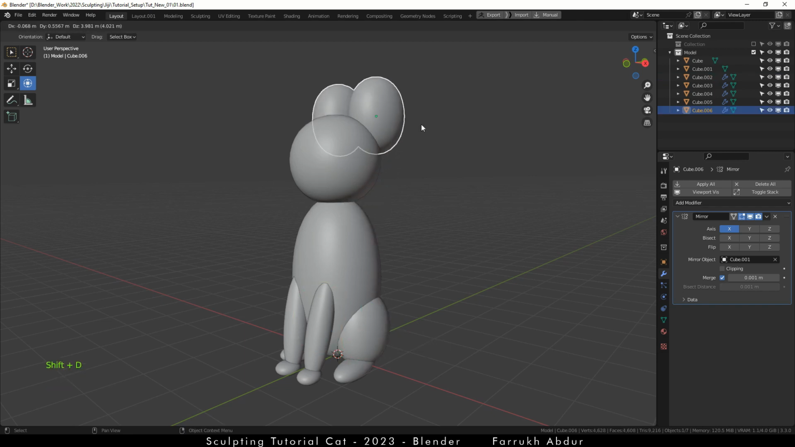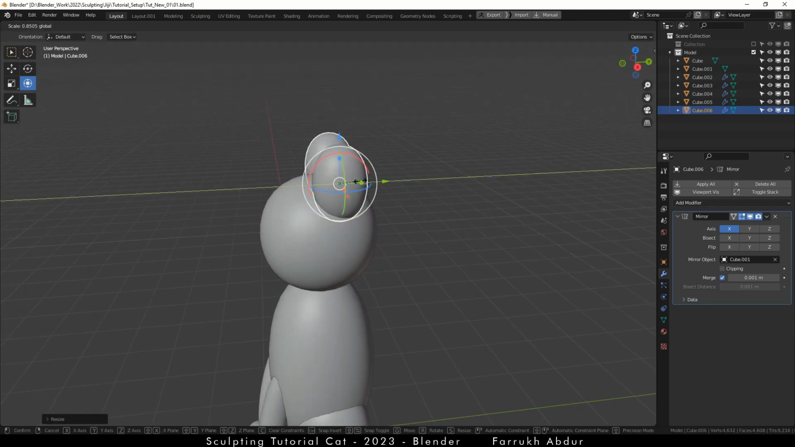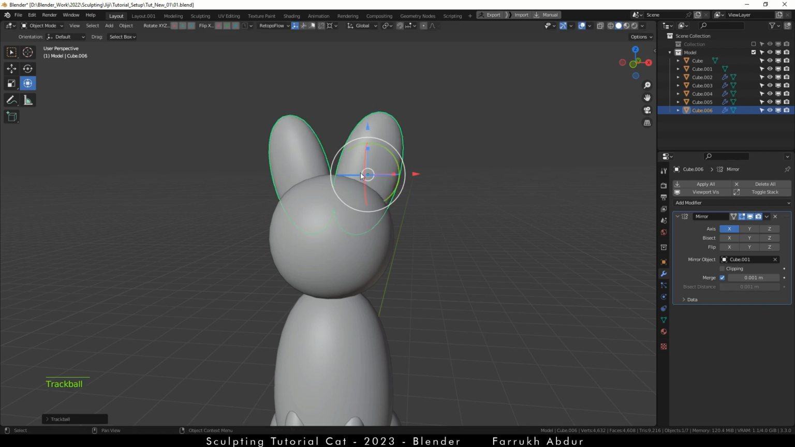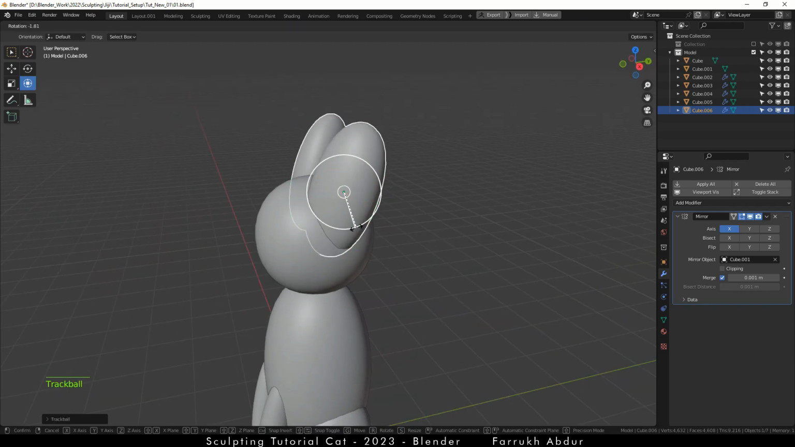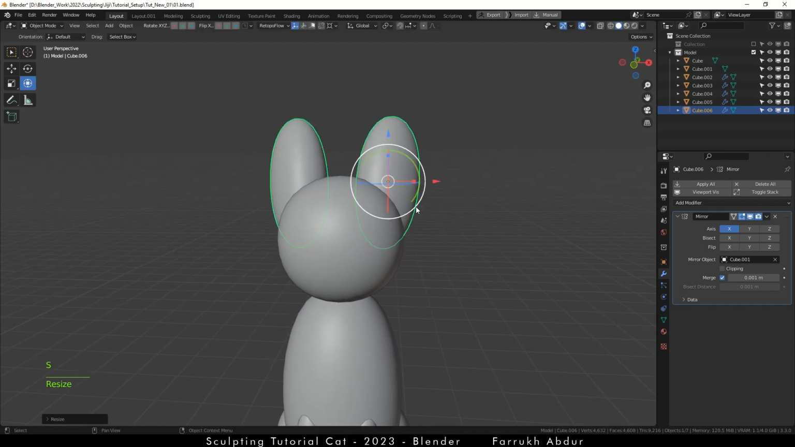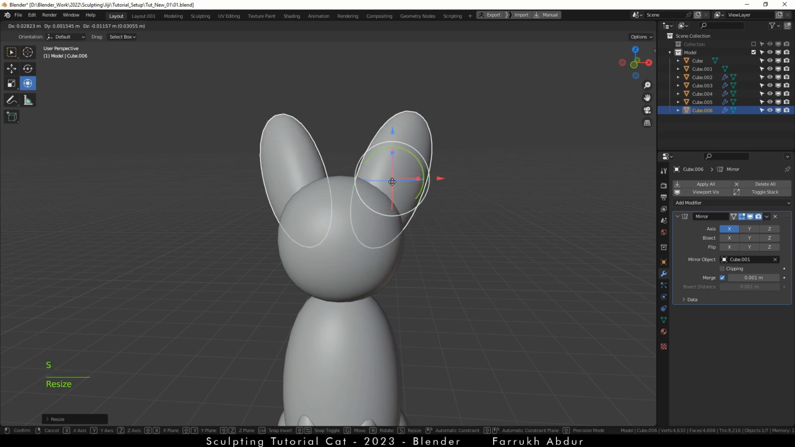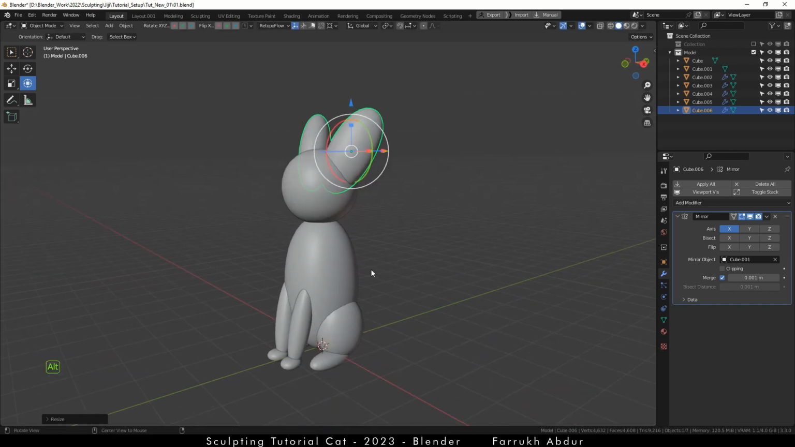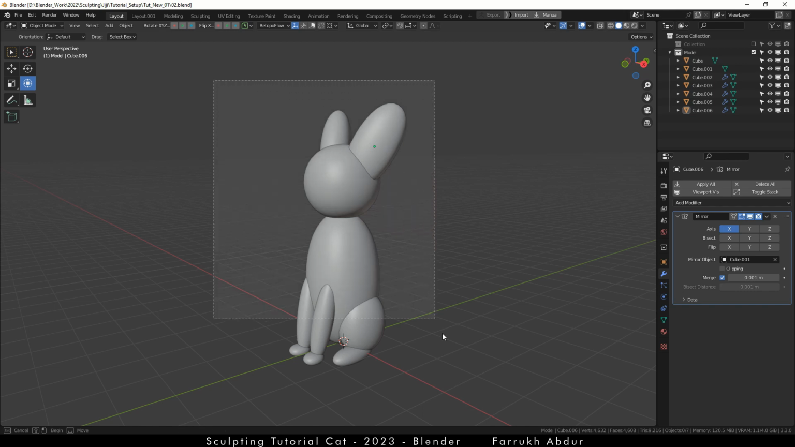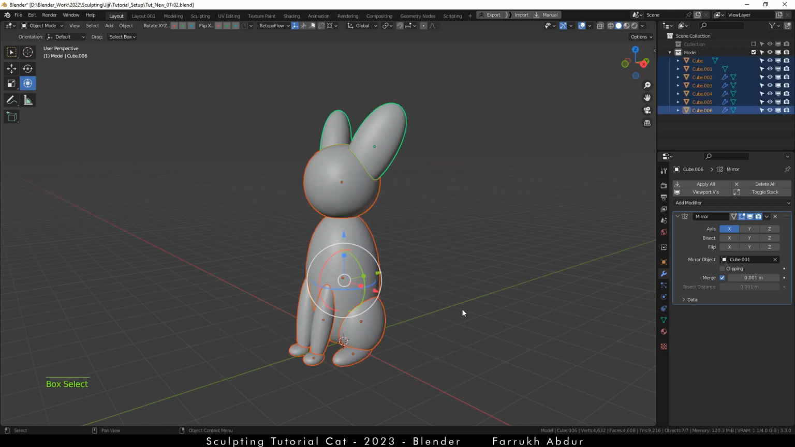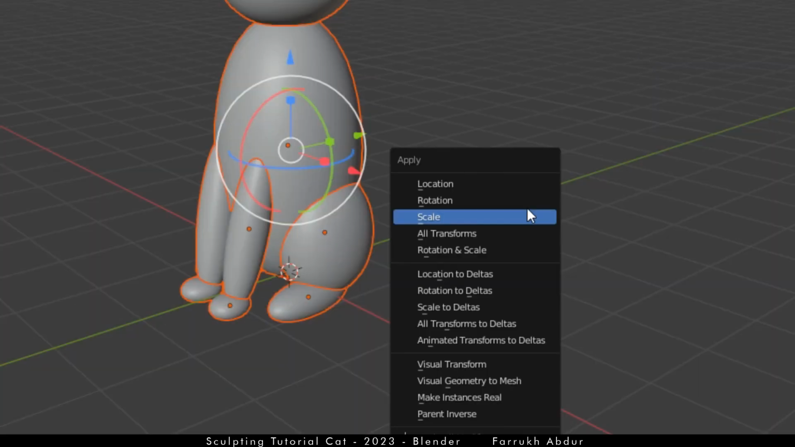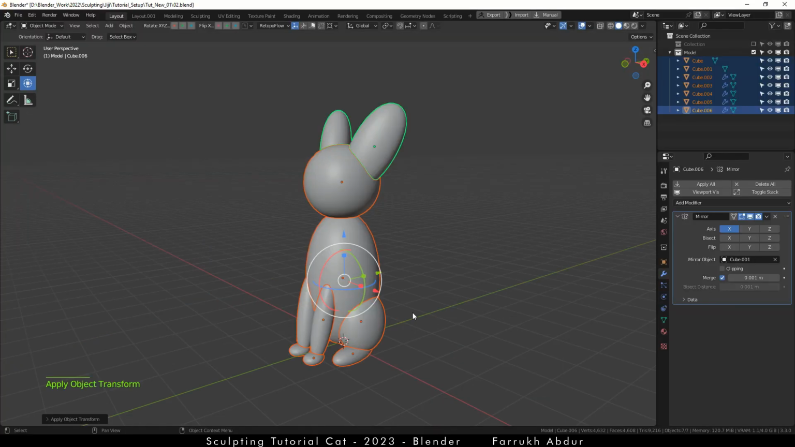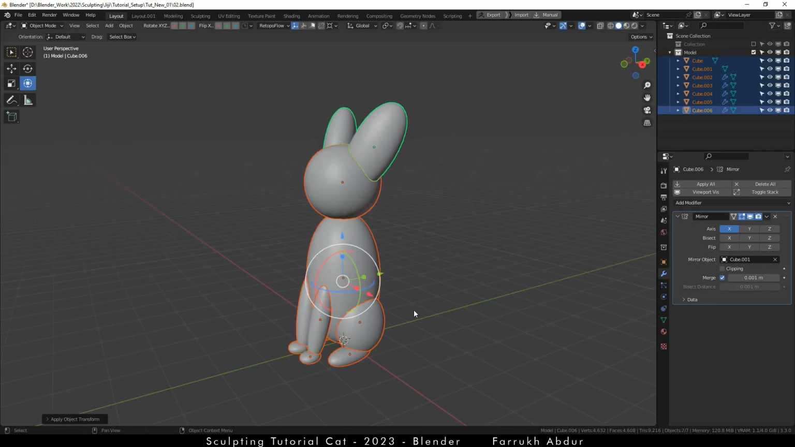Let's add the ears as well. We are simply reusing the same objects for all the parts. Since a mirror modifier is already added to the original object, we don't have to add it again. Before proceeding to sculpting, select everything and press Ctrl A for the transform menu. Select transform scale. This property resets any changes in the scale for the objects and will make the sculpting brushes